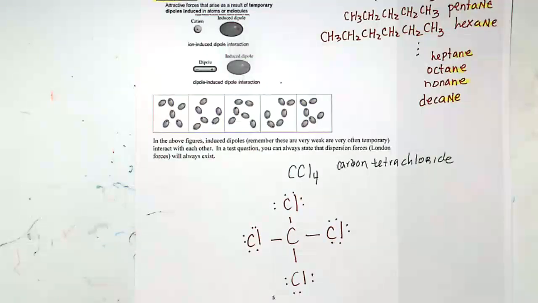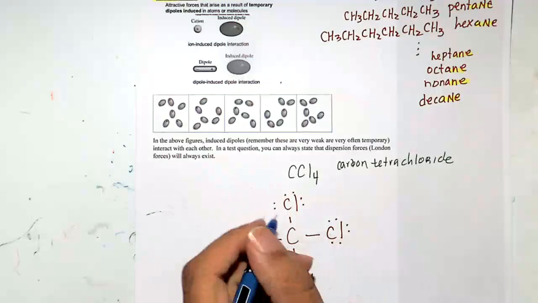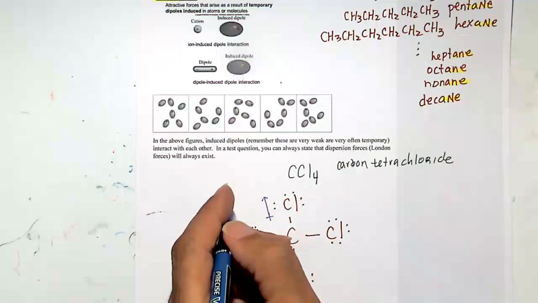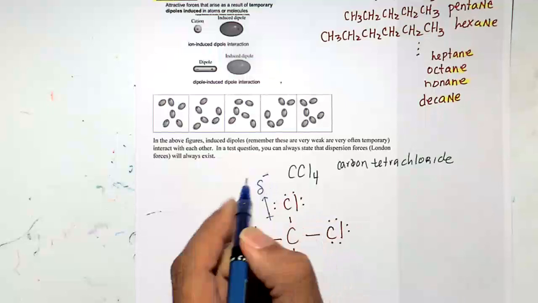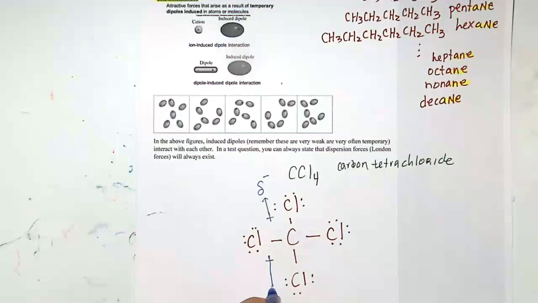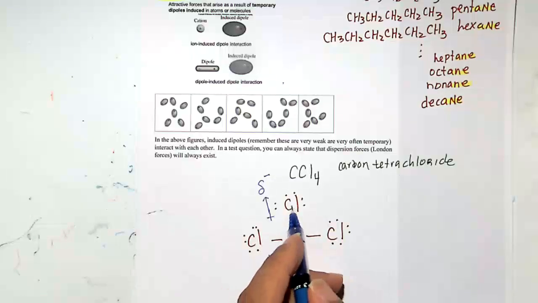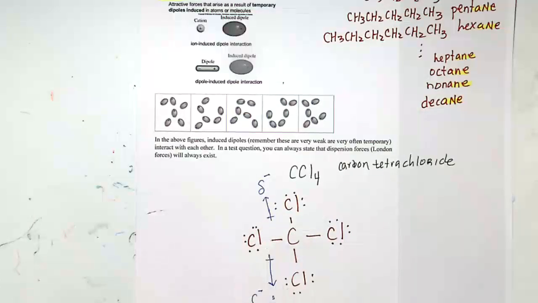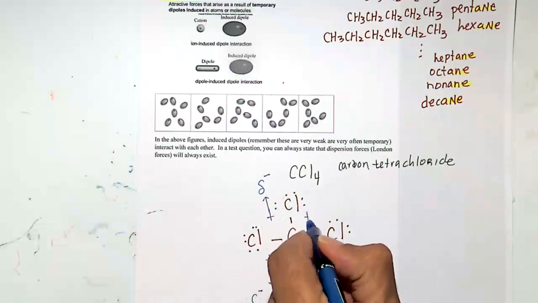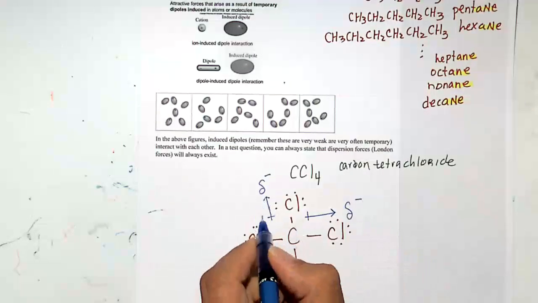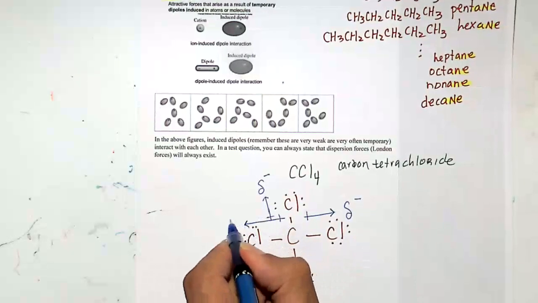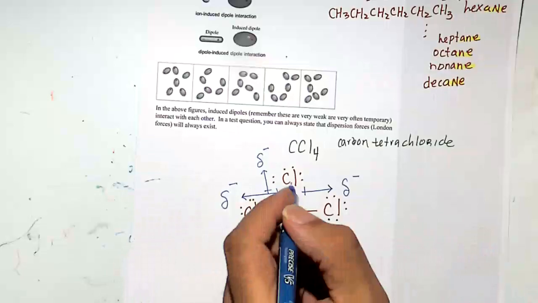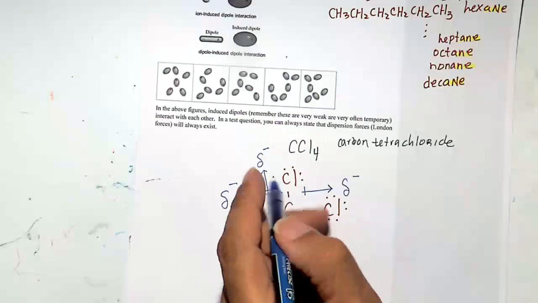Go ahead. Non-polar? But these chlorines are very electronegative. Why do you call it non-polar? Very good, Maria. They cancel each other out. So even though this has electronegative chlorines, this chlorine pull cancels that chlorine pull. And the chlorine on the right-hand side cancels out what? The left side. Okay, so when all these vectors cancel out each other, even though you have electronegative atoms,